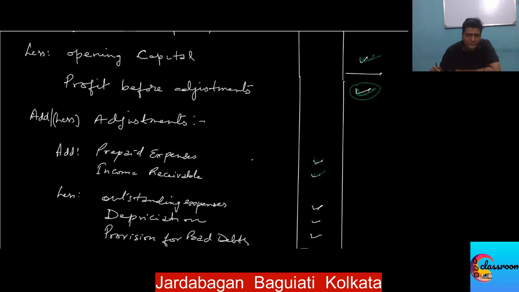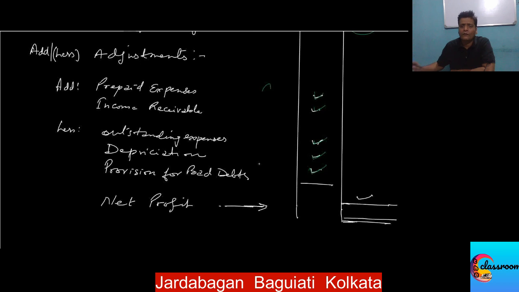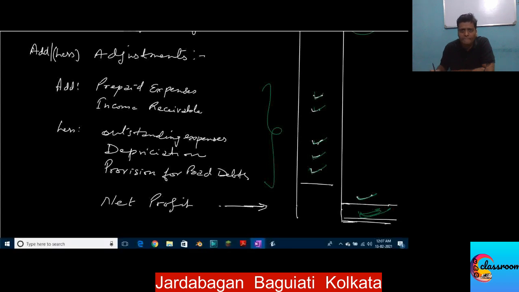Again, there may be some outstanding expenses, that is expenses which belong to this year but have not been paid. So this needs to be accounted for in this year only, because that is the expense of this year. So outstanding expenses need to be deducted. Similarly, depreciation needs to be deducted. Similarly, provision for bad debts needs to be deducted, and so on and so forth. We might come across other similar adjustments, which are additional information which we come to know at the end of the year, and we would like to adjust our accounts in the light of the same. So after having made these adjustments, we get the final net profit over here. This is how we find out profit under the single entry system.